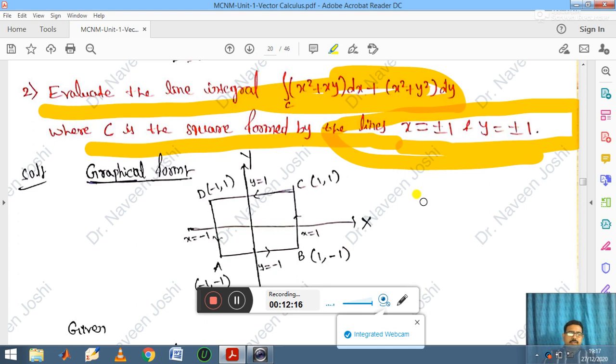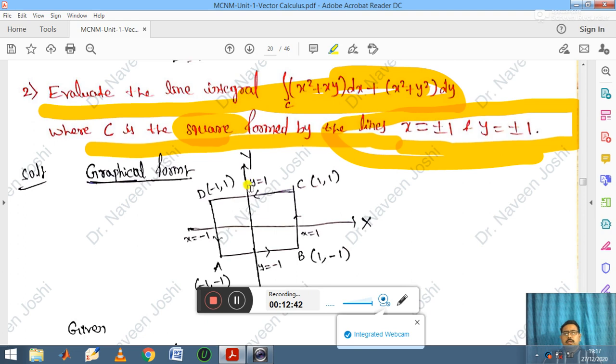So it is better, whenever they are giving problems, you just try to identify the diagram, whether they are giving a triangle or circle or square or parallelogram, like that. Okay, on the basis of the diagram it is easy to evaluate the line integrals and surface integrals. Okay, so here in the given data they mentioned a square. Therefore you need to construct a square with the help of the given points.